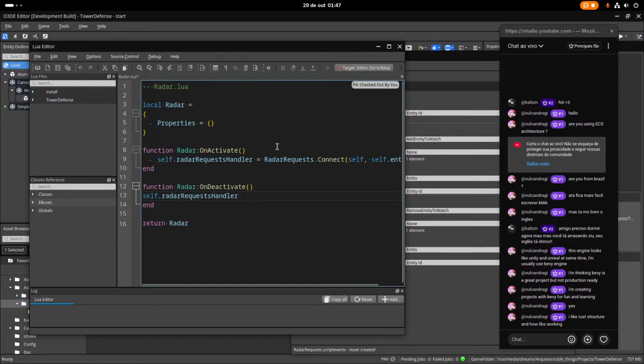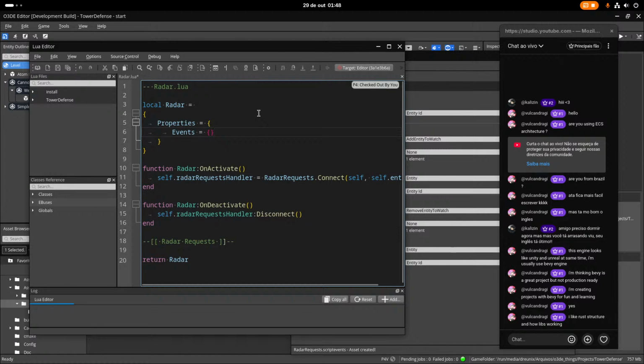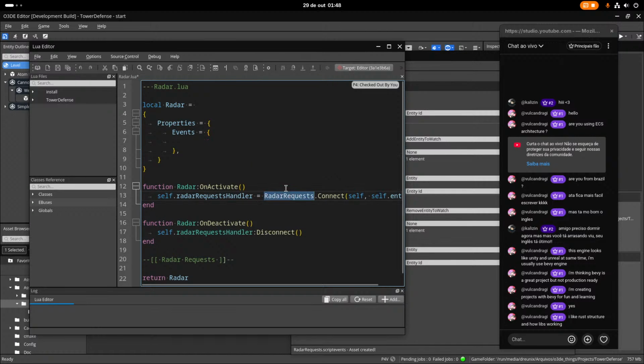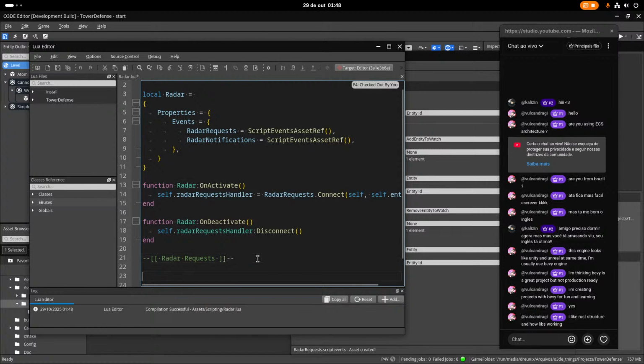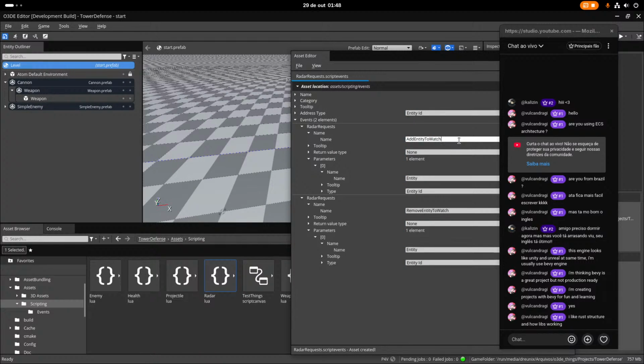And I need to disconnect radar requests. Right, and we got events. Is radar requests, which is an asset on script events. Is it a reference? Any future notifications? And we have